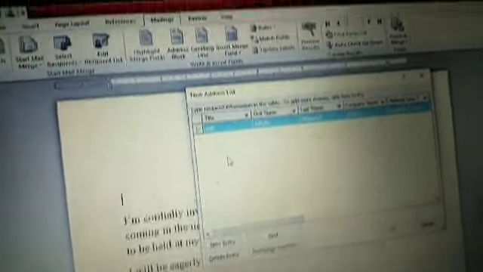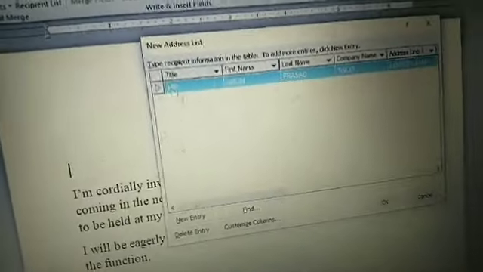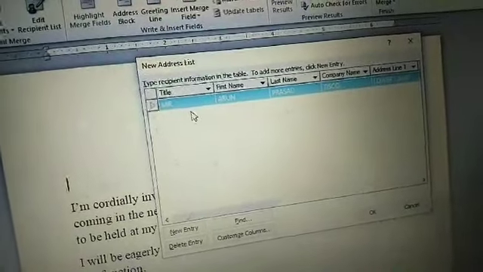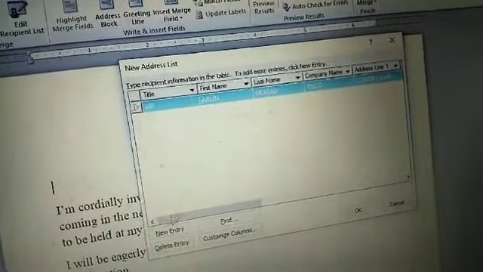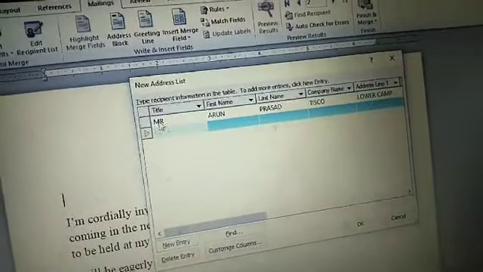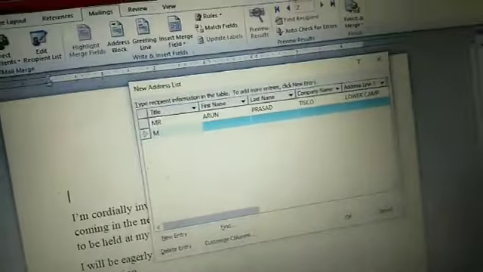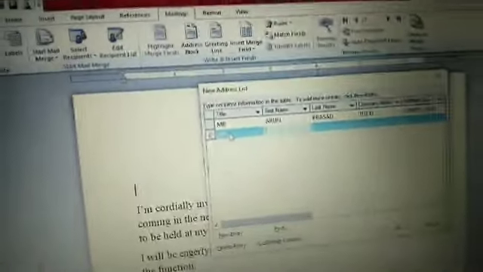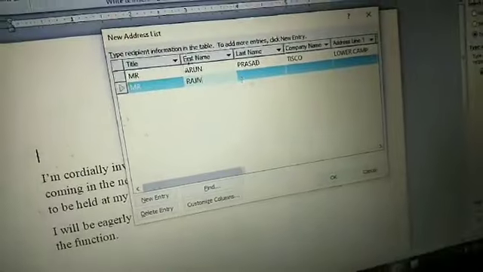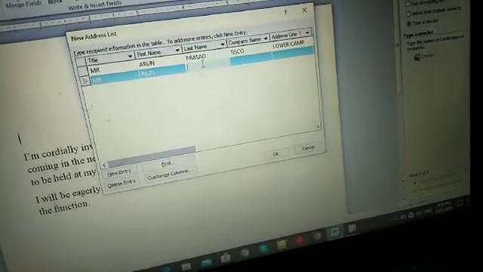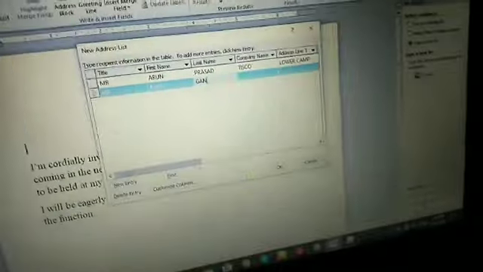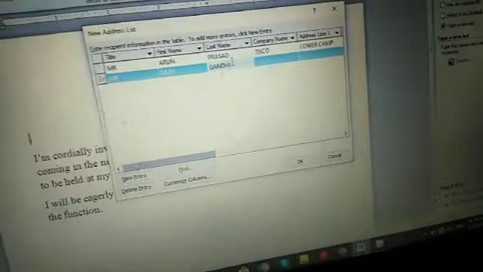I'm done with that. I want to invite many people, so how will I go to the next recipient row? I have to click new entry, and the next entry will come. The next one, Mr. Rajiv, some name you can give, whoever your relative is.